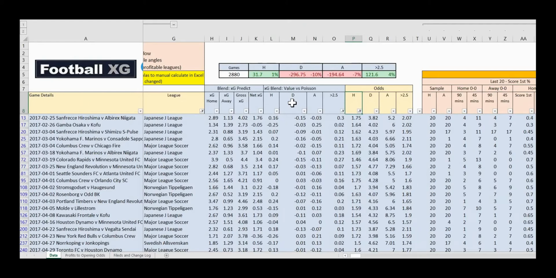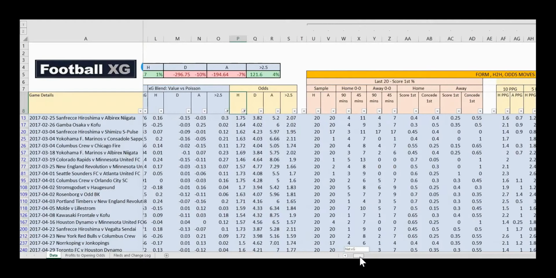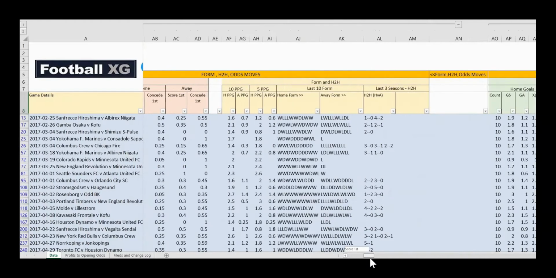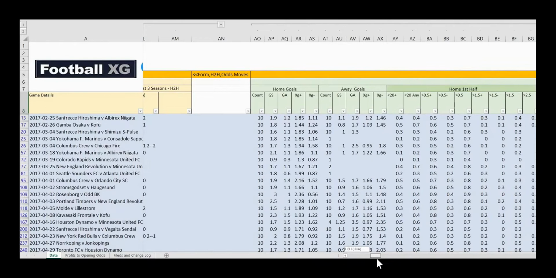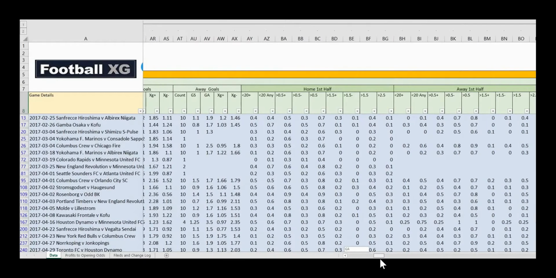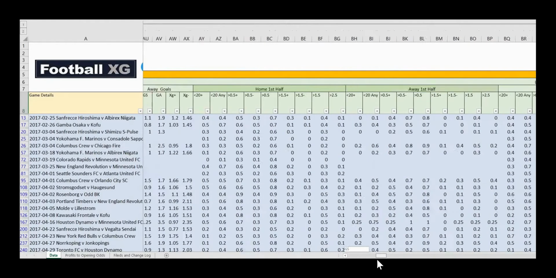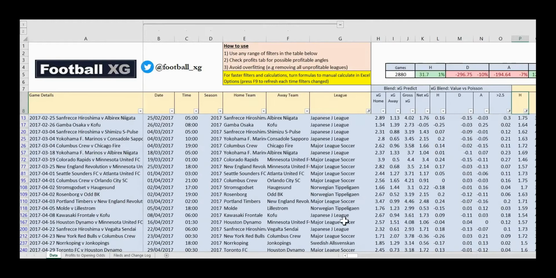You can obviously spend more time applying filters to the full range of fields that we have in the core. So everything from scoring first, conceding first, looking at various form stats or goal stats, XG stats, or stats across first and second half. So again, the possibilities are endless, and the key point we're trying to do is teach you to create your own systems and strategies so you're not purely relying on others, and hopefully you can become profitable by yourself long term.